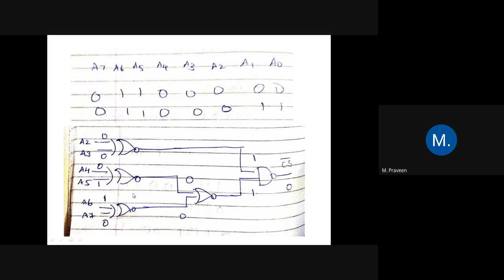So here it is going to be 0. And for here it is 1 and 0. So 1 and 0 means again it is 0. So here if 0 0 is applied, this is a NOR gate. If you apply 0 0 to a NOR gate, you will be getting 1 here. So already we got 1 here. So if 1 1 is applied to a NAND gate, what will happen to the chip selection? You will be getting 0.